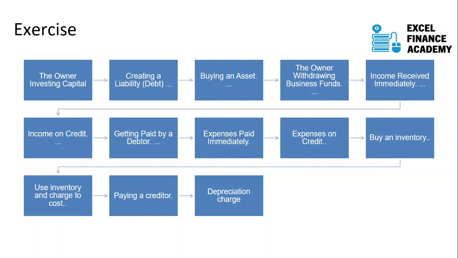Then you have an expense paid, or expense paid on credit, which will be simple, right? Buying inventory will also be simple, because inventory will be debited, and what will be the credit? Buying inventory means cash, correct? You use the inventory to sell. Inventory means you buy a pen, so you buy 10 pens and record them as inventory. Now 2 of them are taken by the